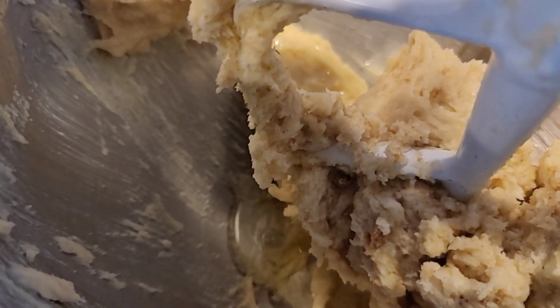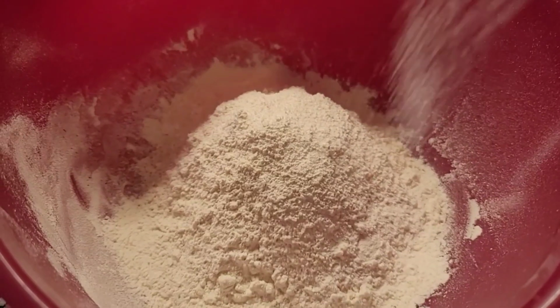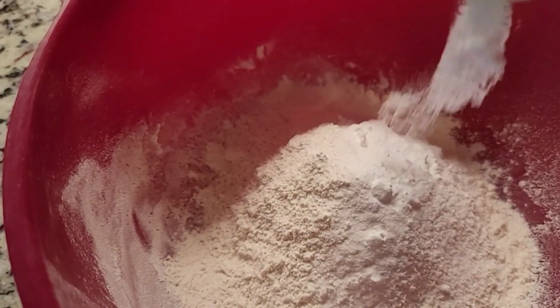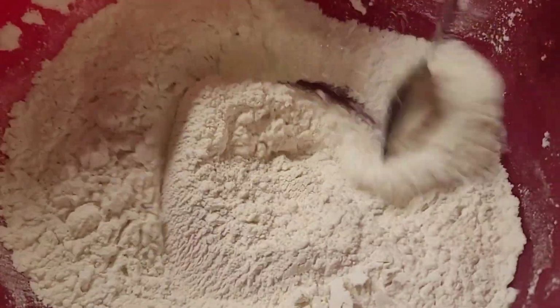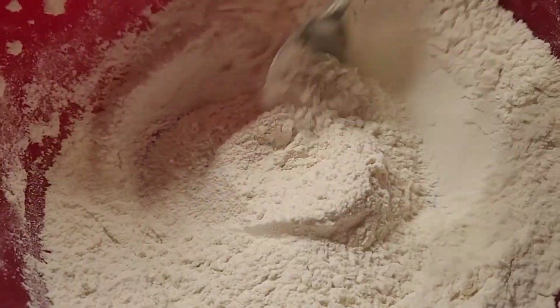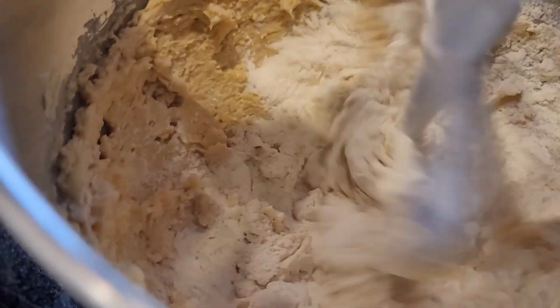Once that's all combined, we're going to add in the egg and the vanilla, and we're just going to beat that to combine. And in the separate bowl, we're going to add our flour, salt, and our baking soda, and we're going to give that a good stir to combine it all together. Once that's all good, we're going to gradually add it to our butter batter mixture. So add it. And once all that is combined,